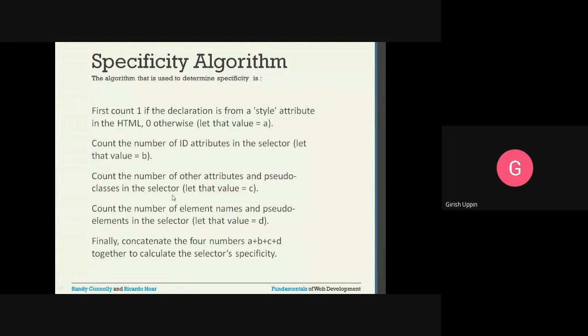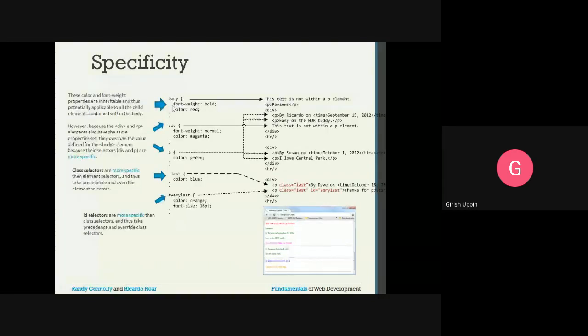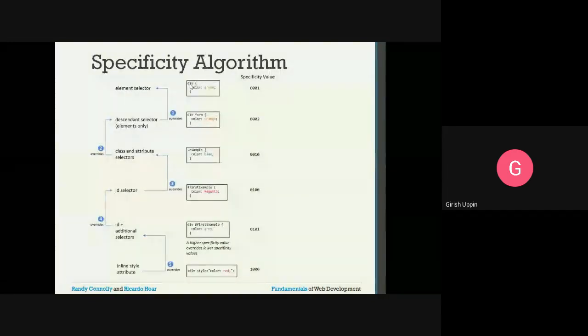This will also become 0. Count the number of element names and pseudo elements. This will become 1 because we have div. So this is 0, 0, 0, and this is 1. Now in the next one, this is exactly the same as this one, but we have two elements here, so it will become 0, 0, 0, 2.